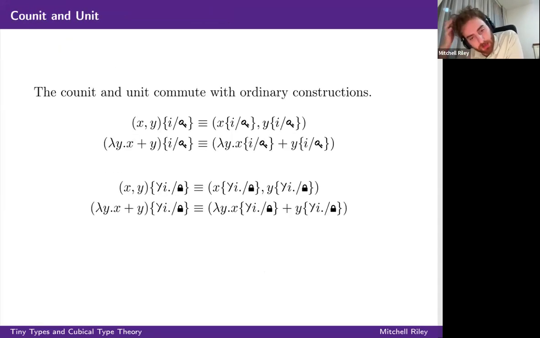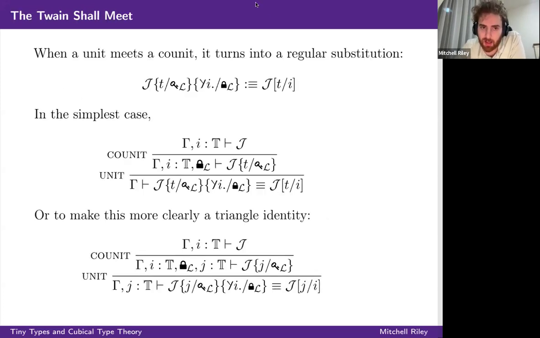All right. So I haven't really said anything about what these unit and co-unit operations do. So we need them to, at the very least, relate to each other to give us the context extension lock adjunction that we would expect. Well, first of all, the unit and the co-unit operations commute with all of the ordinary constructions of type theory. So we can just push them through other things as needed. But something interesting has to happen, and it happens when a unit meets a co-unit for the same lock,